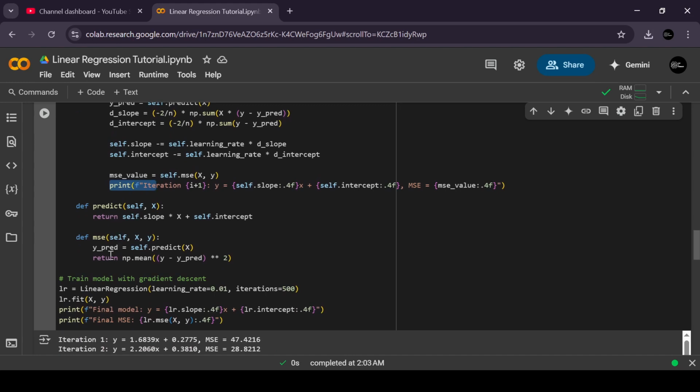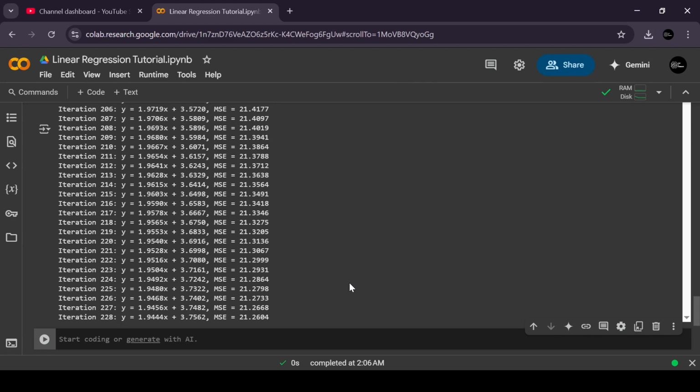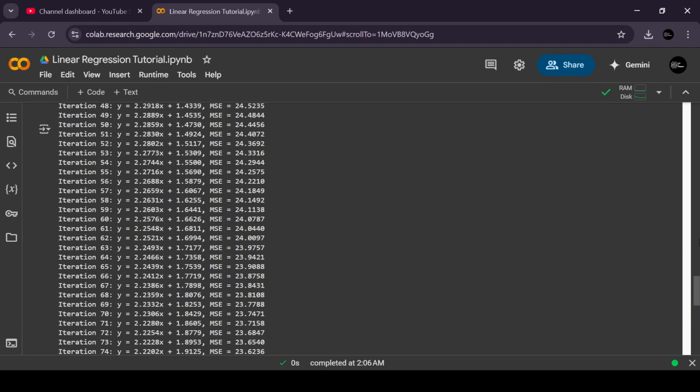And then we just create an instance of the model called LR. We fit it on our data. Let's see what our result would be for 500 iterations with a learning rate of 0.01. And here we are. Let's start off at the beginning. It's 500 iterations, so it's quite far up. We just scroll up and we can see that our